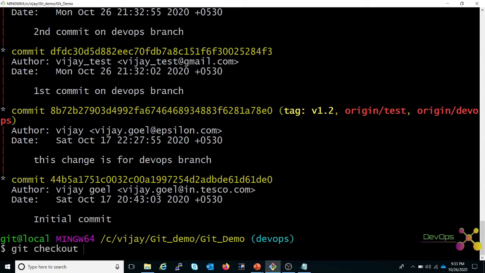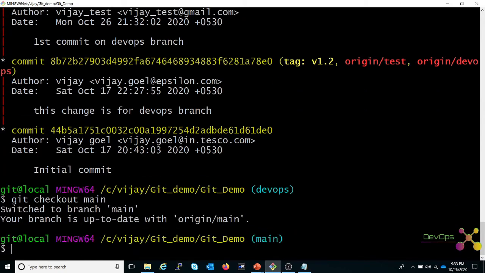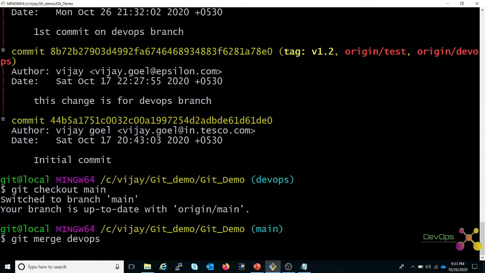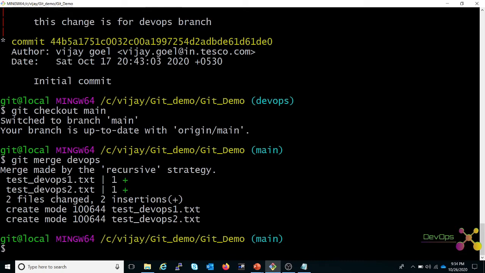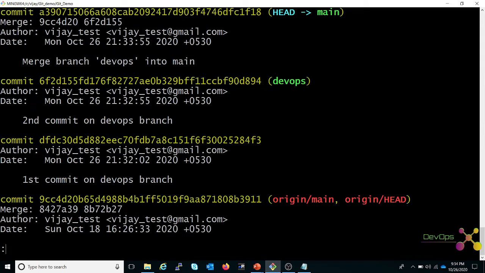First we will check out the main branch. Then we will follow all the different kinds of merge, like fast forward, non-fast forward, squash. Git merge DevOps. Now you can see it says merge made by the recursive strategy. Let's see this. You can see this was the last origin main, first commit, second commit, and this is the